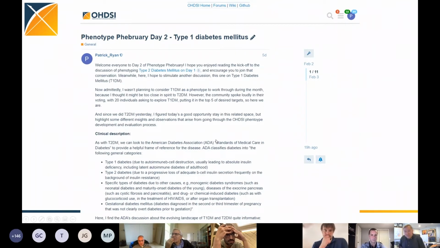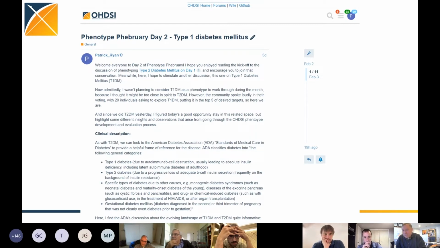Day two, I talked about type 1 diabetes. I was surprised that was one of the highly voted items for the group, but I decided to tackle that given we had just done type 2 diabetes. And here, again, using cohort diagnostics, we had a very contrasting story. Whereas the type 2 diabetes definition looked generally pretty good and reasonable and matched our clinical intuition, the type 1 diabetes definition that I posited as a starting point actually looked like a horrible definition,